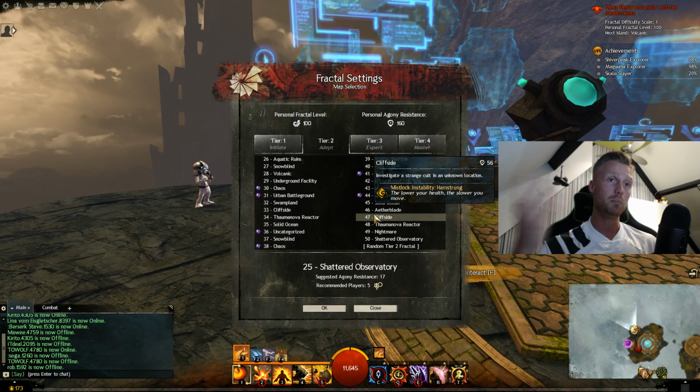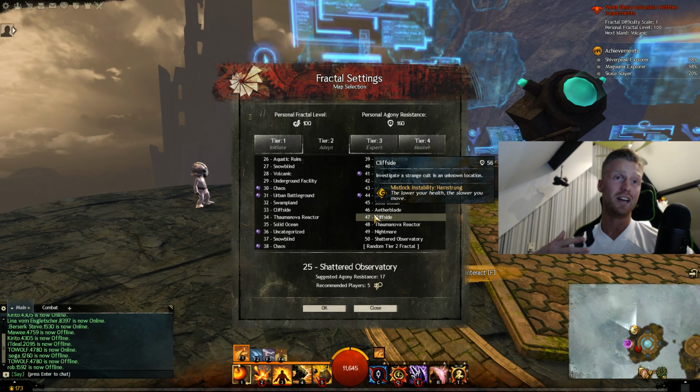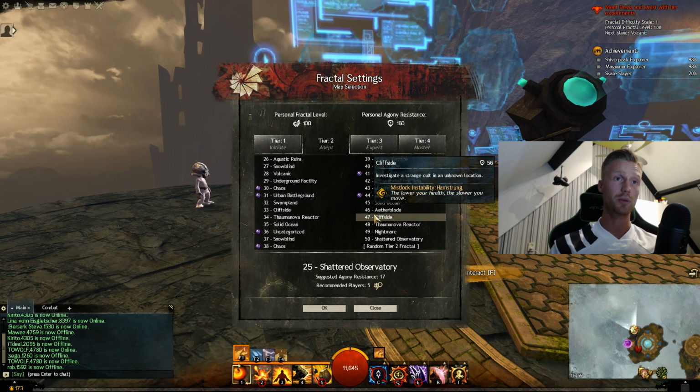But also, you need the right build in order to play, right? Because without the right build, you're going to die. So I will put a link in the description with a website, and on that website you can look up your own build for your profession. So if you click on that link, it is